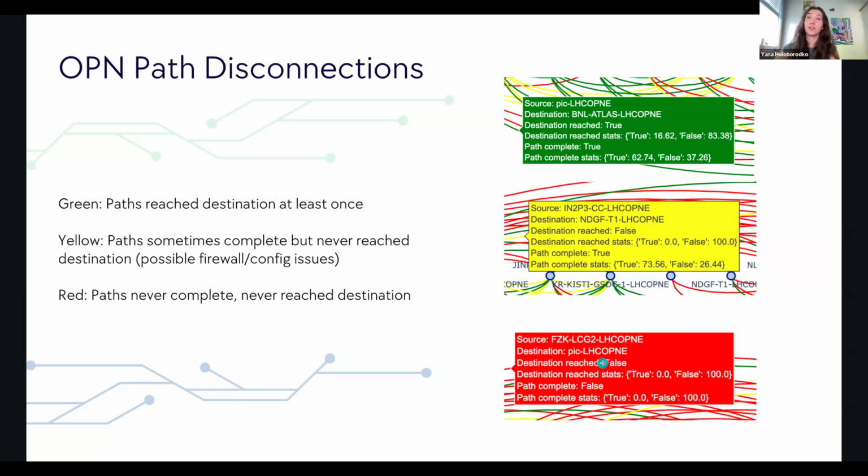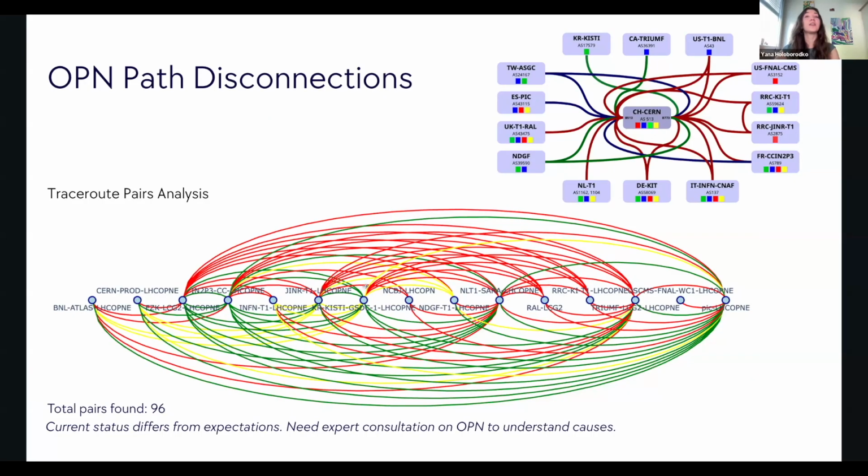But the red sites are a big question mark for me, as here the path and the destination never have a status of true. We never have complete paths, and we are never reaching the destination in these pairs of sites, and that is kind of unexpected behavior. So what I need to do at this stage is to ask someone with more expertise in OPN